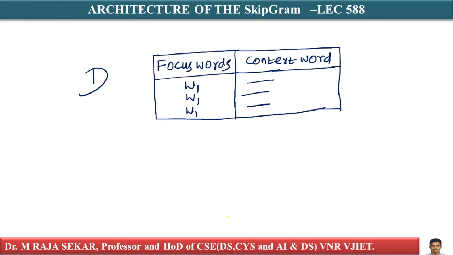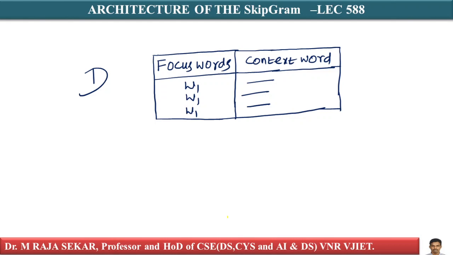Let's assume there is a word W1 which occurs a lot of times. Since W1 occurred more frequently, you have more context words corresponding to it. So CBOW tends to work well. There are many other reasons. CBOW tends to work well for frequently occurring words, while on the other hand, SKIPGRAMs are